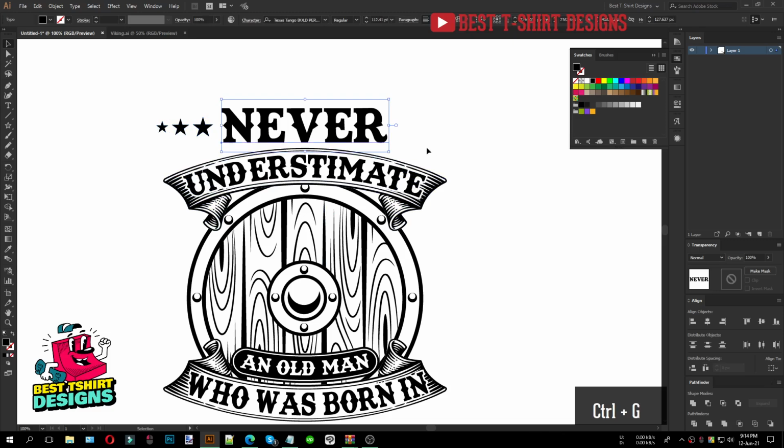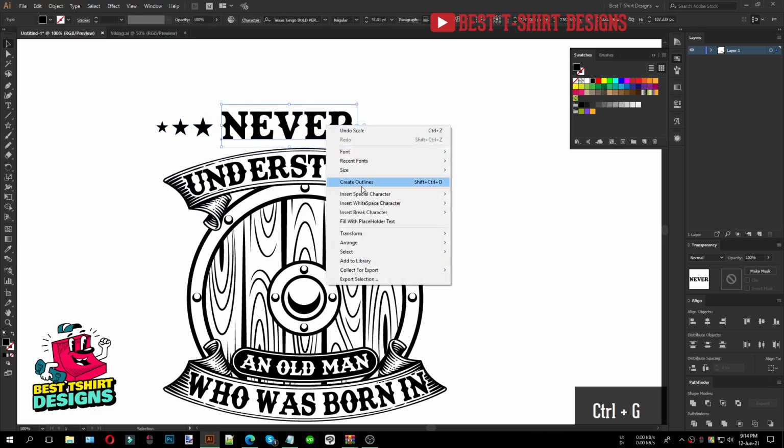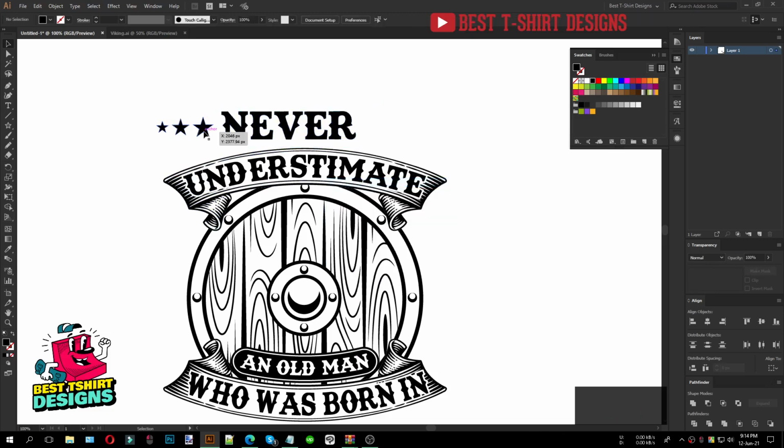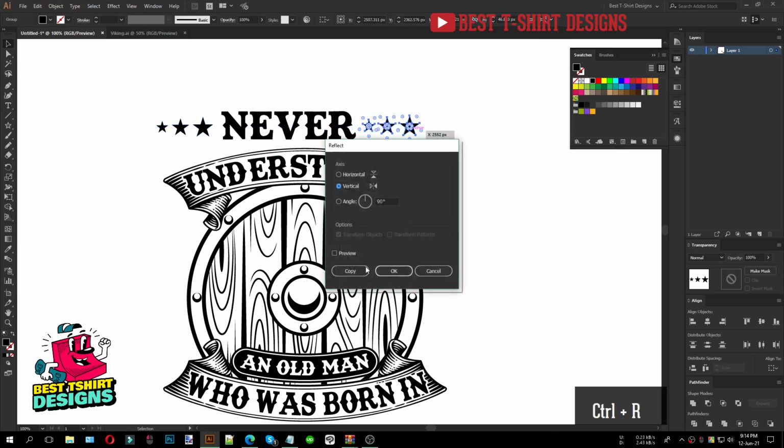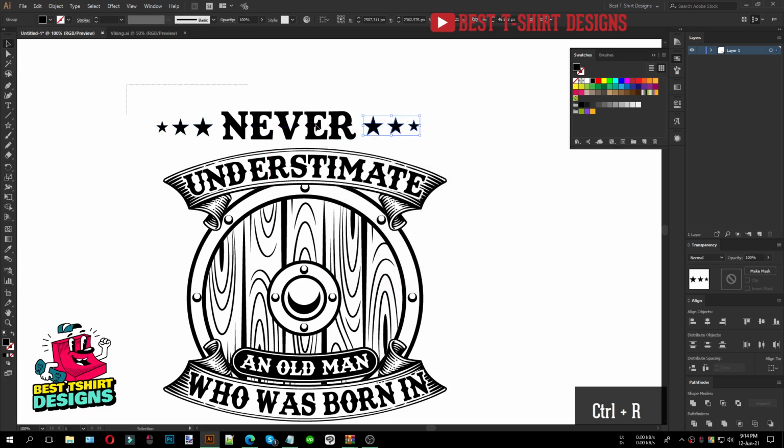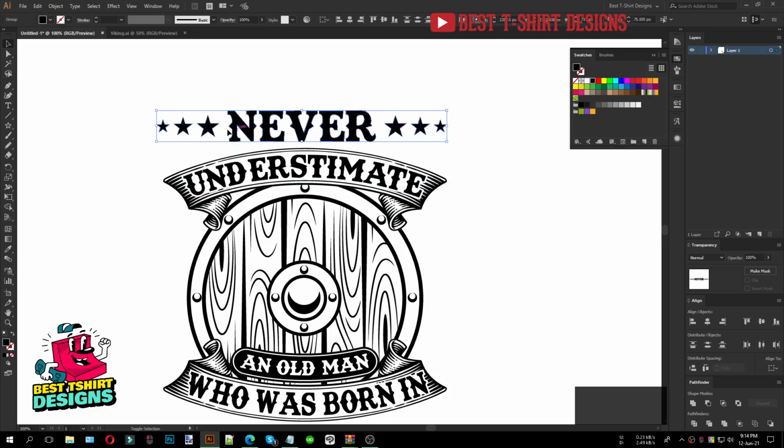So I first of all have to break the font here, because I don't need that to act like a font anymore, and like this press Ctrl R to reflect, and then if I select these three I can simply align them center wise, then distribute the space. That will fix the spacing problem between my text, something like this.